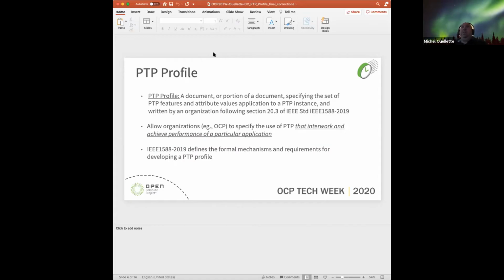So what is a PTP profile? At the end of the day, it's essentially a document or some kind of a portion of a document that basically specifies the different types of PTP features and the various attribute values in the context of a particular application. And this is generally done following various guidelines that are specified within the IEEE 1588